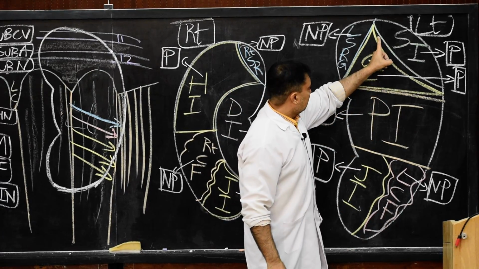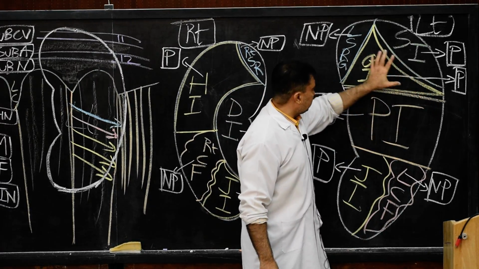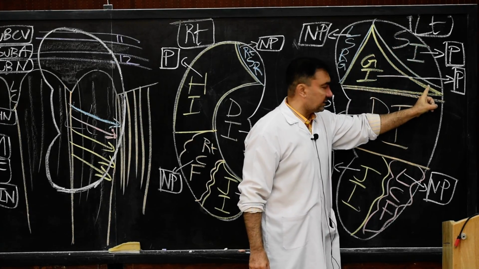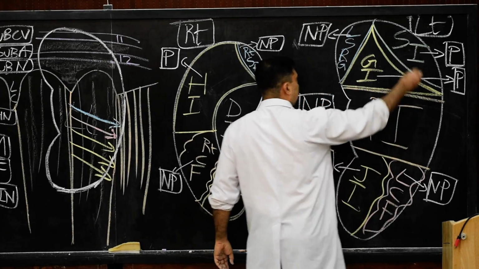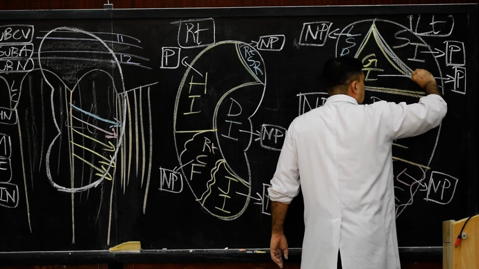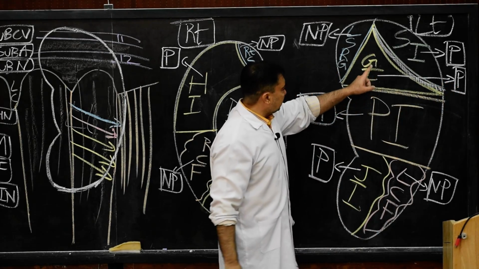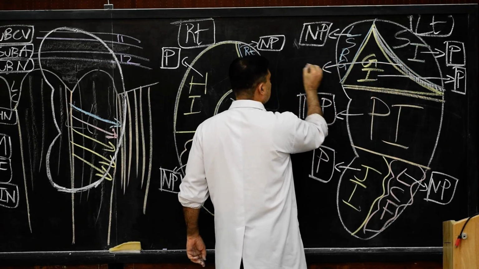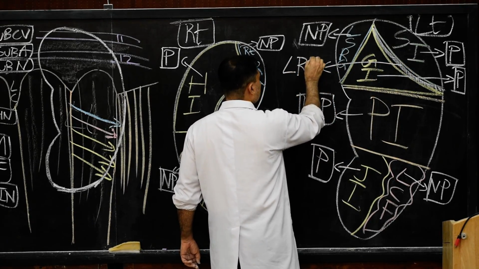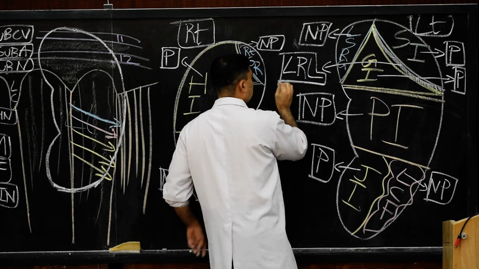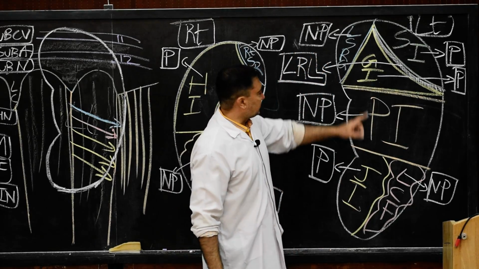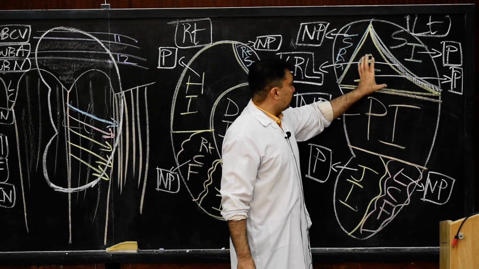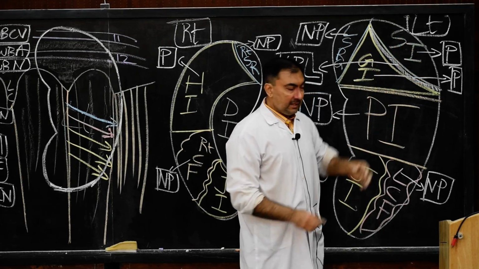Now, finally, this is the line of demarcation between the gastric impression and the splenic impression. You can easily trace this with the help of this finger here. And this line, if I show it with this white chalk, this line of impression between the gastric impression and splenic impression is known as the line for attachment of the lienorenal ligament. Many times we have discussed this ligament, the lienorenal ligament. So it is attached here, between the gastric impression and splenic impression.